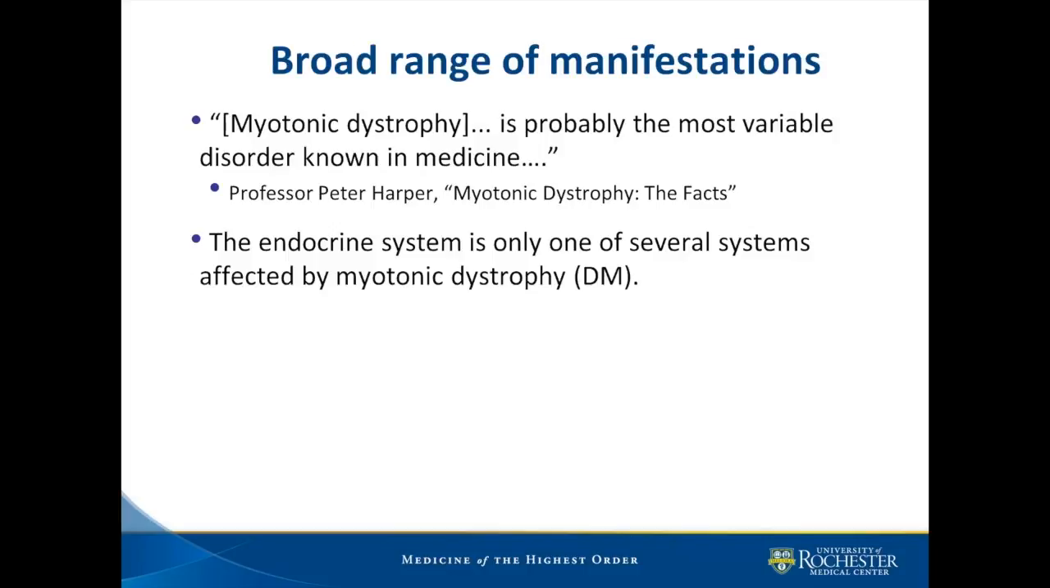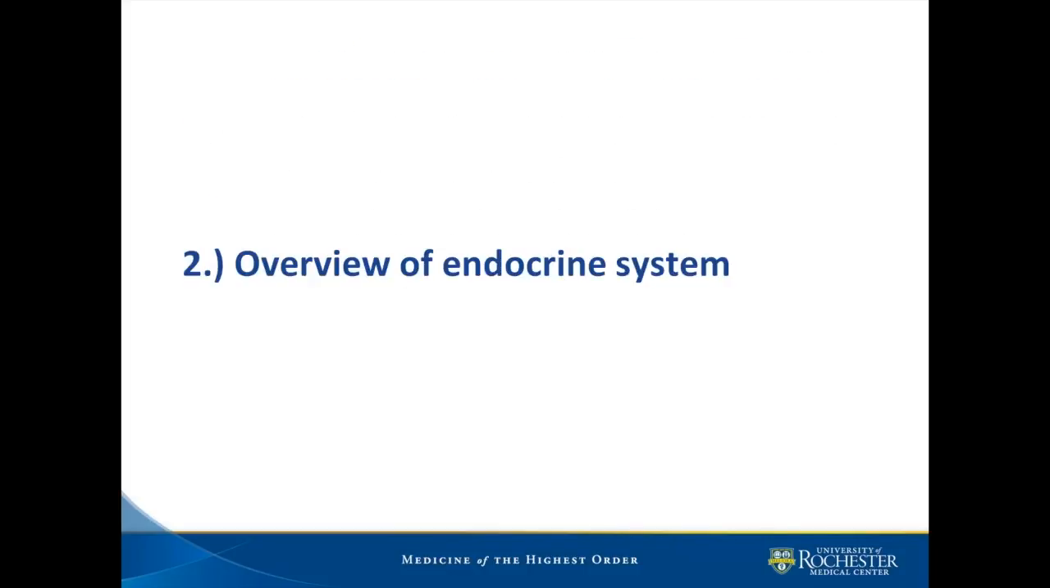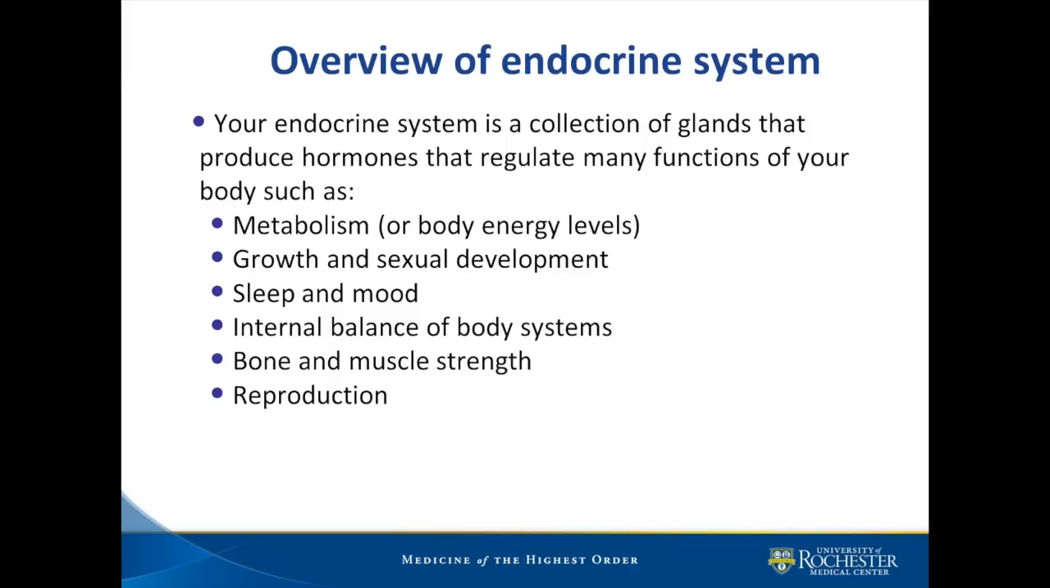And one of the reasons for this may very well be the involvement of the endocrine system, which touches so many different organs and so many different functions in the body. So if we take an overview of the endocrine system and ask ourselves, what does it involve and what systems might it impact? It's a collection, as you know, of glands that produce hormones that regulate many functions in the body, including